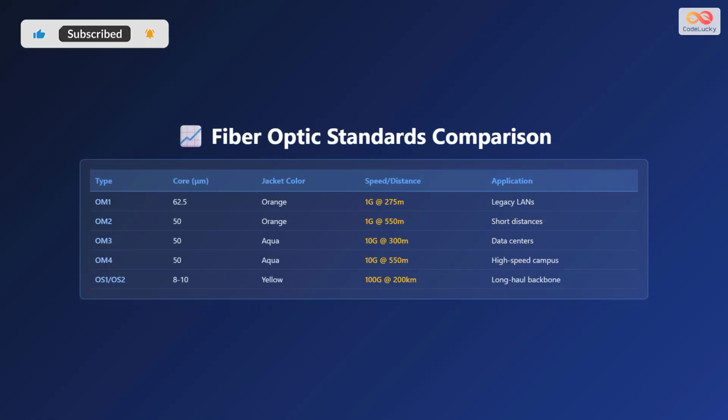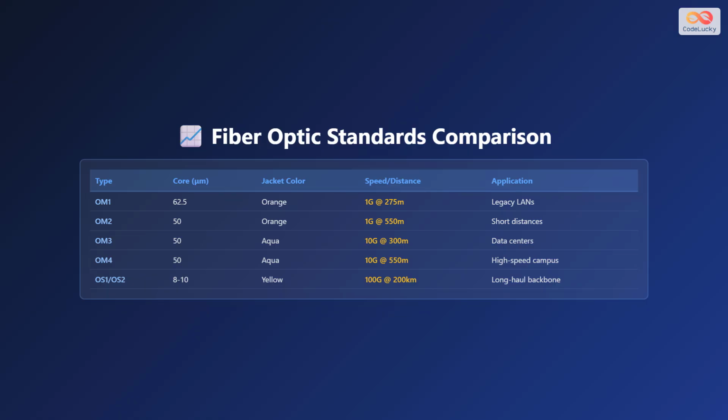Fiber optic cables are classified into different optical modes designated by specific standards. Optical Mode 1, or OM1, uses a 62.5 micrometer core, is identified by an orange jacket, and supports 1 gigabit per second speeds over 275 meters. Optical Mode 2, or OM2, has a smaller 50 micrometer core, is also orange, and reaches 1 gigabit per second